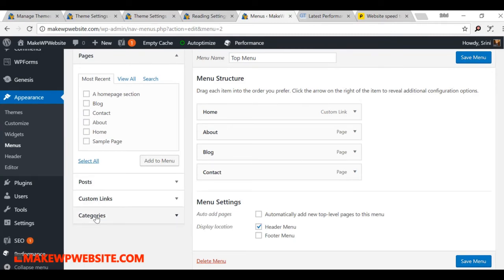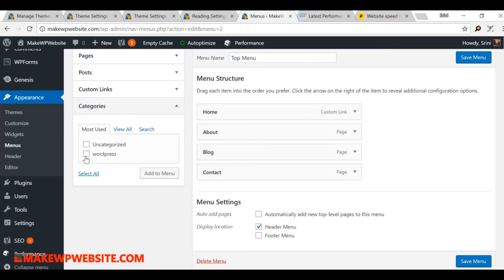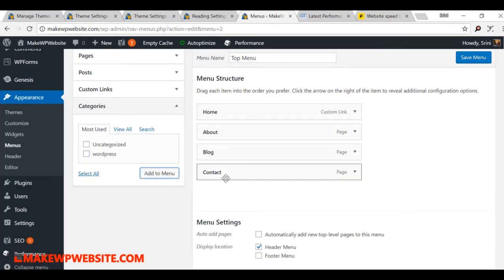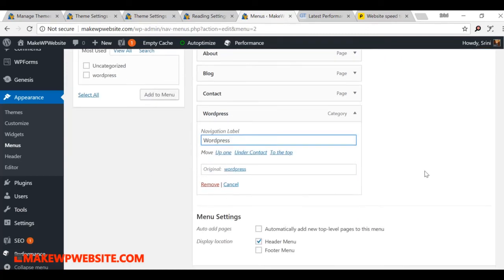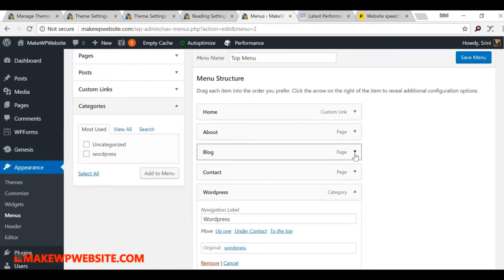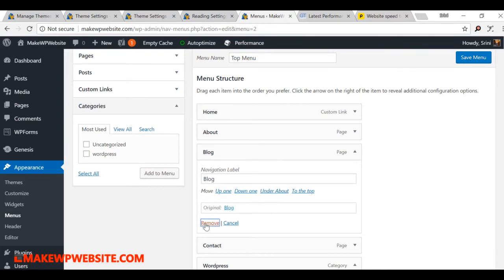Okay, you can go to categories here, and you can select your category, add to menu, change the name, and how do you delete? Select it, click on remove.